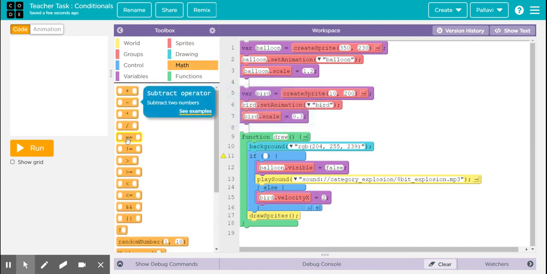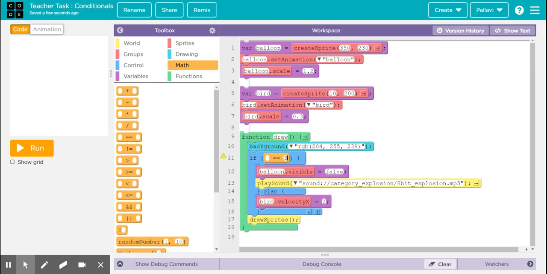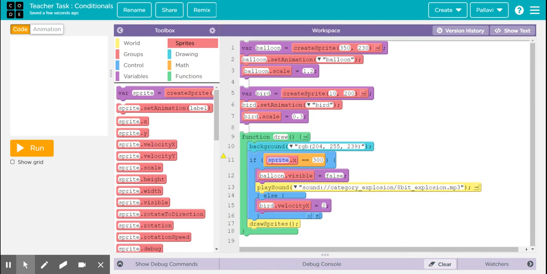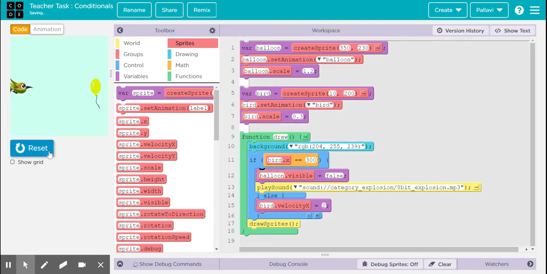So I'm going to say if my bird's x coordinate or x value is equal to 300, then the balloon should burst. So this is how the if statement is being executed.